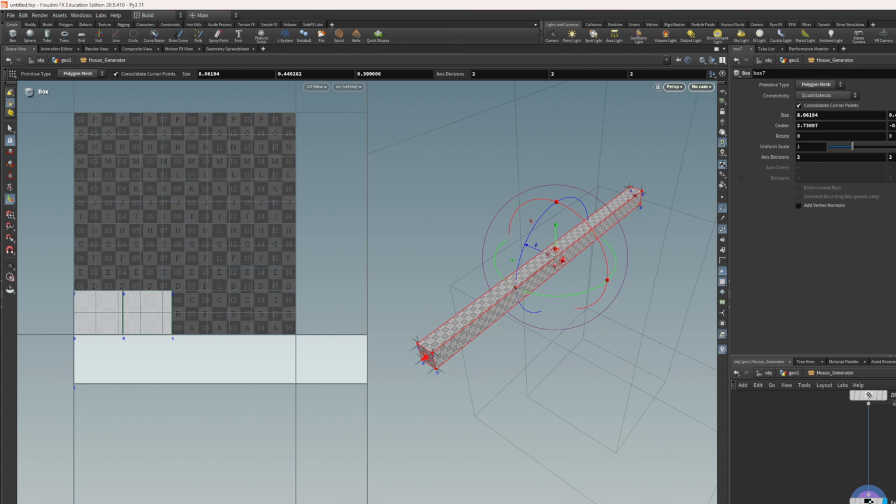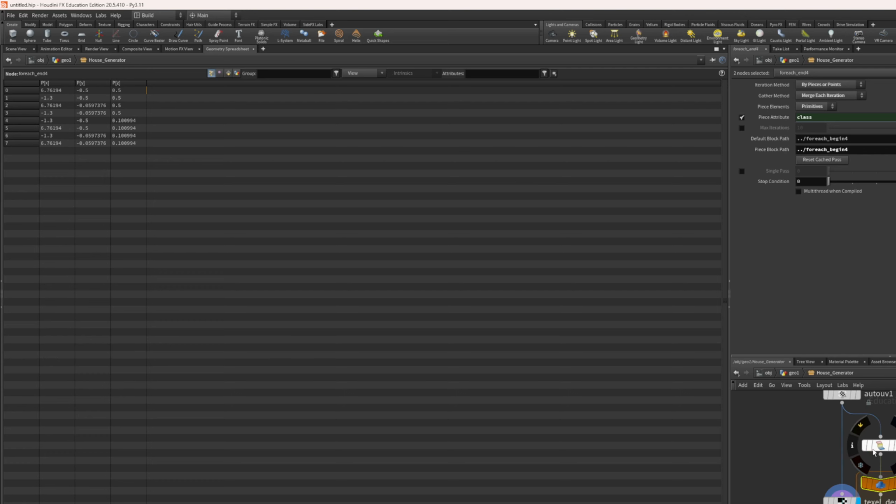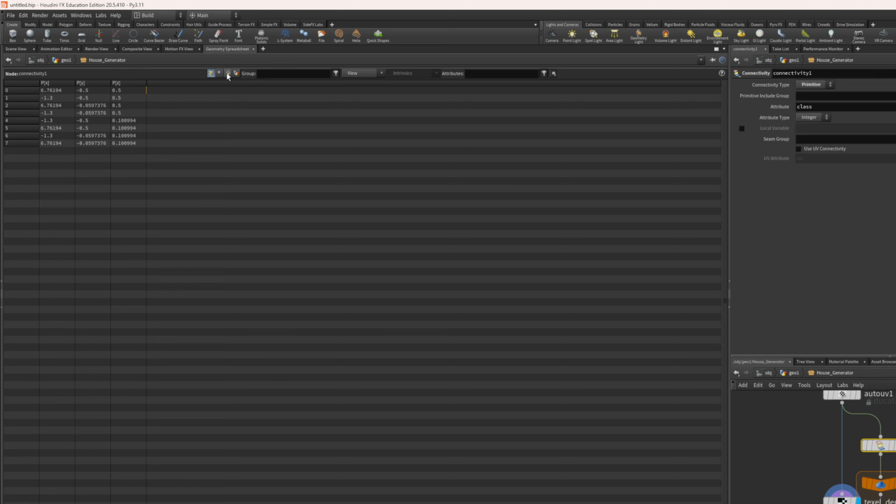So instead we can actually put a for each connected piece here, which makes a connectivity node. That connectivity node gives us a class attribute which we can reference. So where am I putting it? I want to put it on primitive. So we want it to be for the UV. So each primitive has its own class attribute now, and if we plug in the texel density,